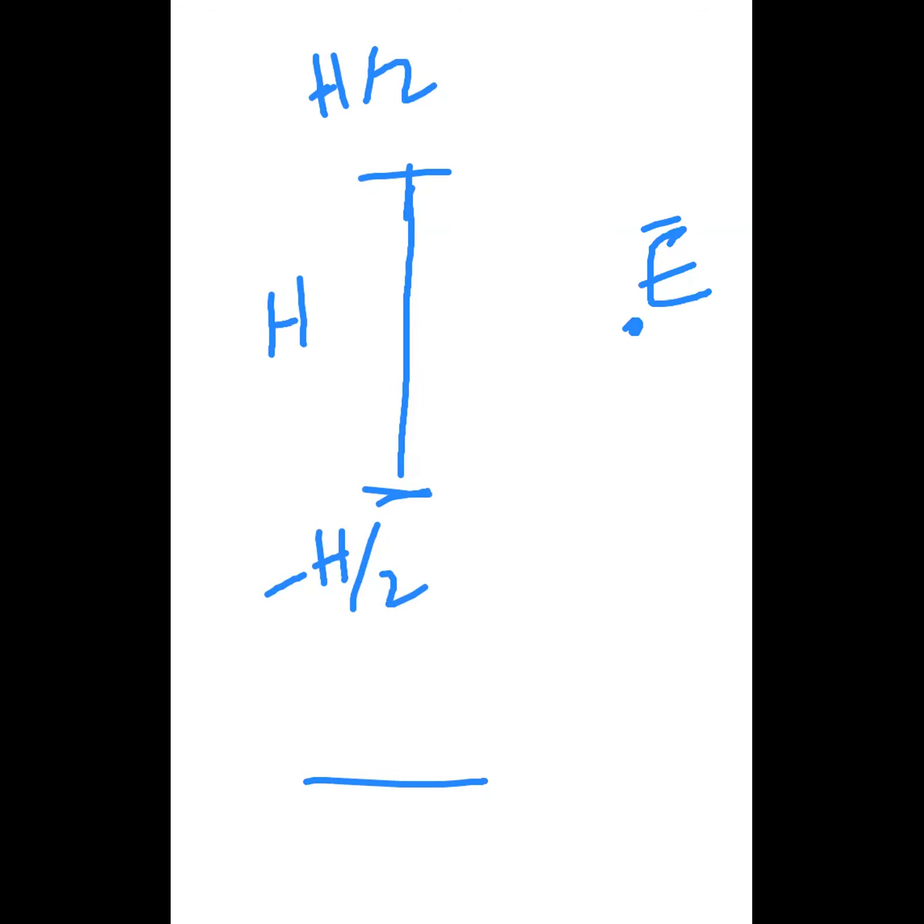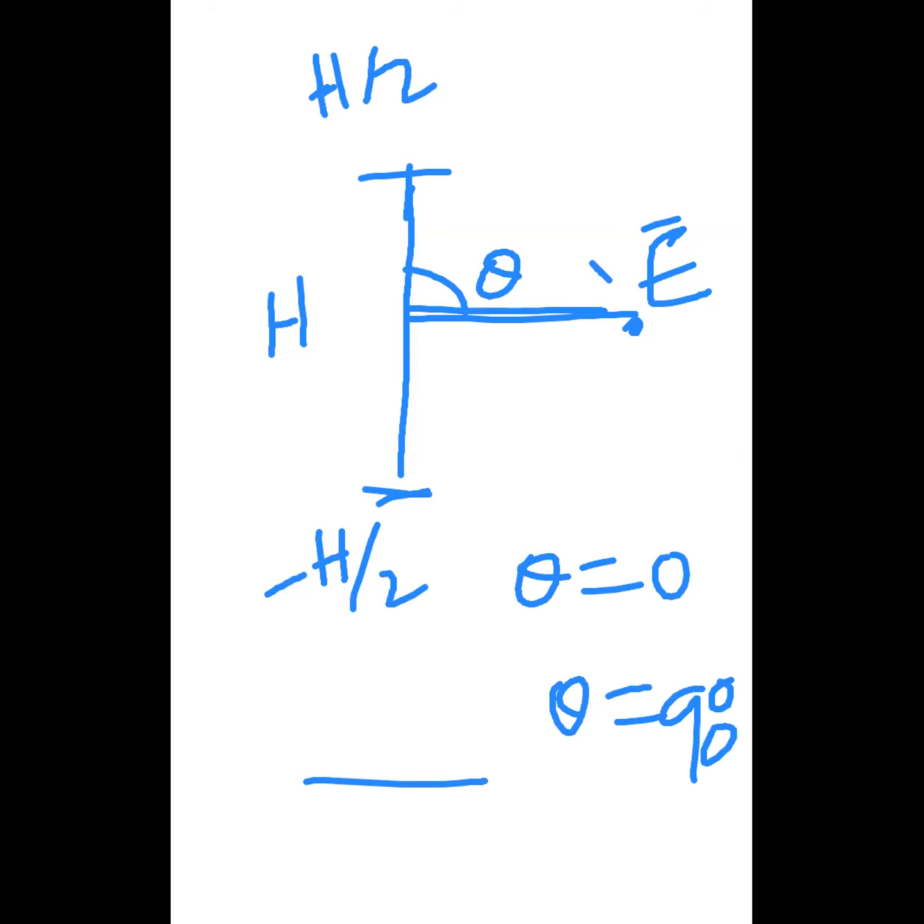Whether it depends on theta. Say this is my theta. That means how much angle I am from the baseline. Okay, the line charge density. If theta is equal to 0, what happens? If theta is equal to 90 degrees, what happens to the electric field? How does the electric field vary?